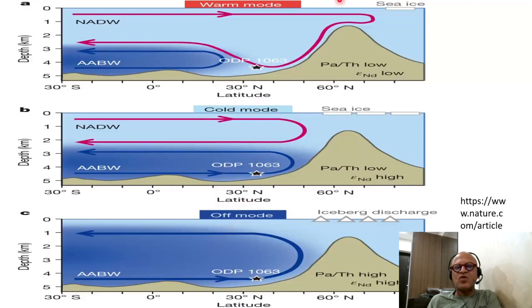And in the off mode, when you didn't have deep water formation, then Antarctic bottom water would have to come in and get converted to surface water and go back out, and here you would have lots of iceberg discharges, which would be a Heinrich event. So Heinrich events do not occur as often as Dansgaard-Oeschger events, because there may be a threshold beyond which the flotilla of icebergs drift southward, and that doesn't happen